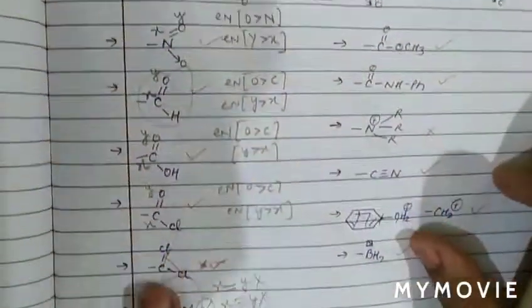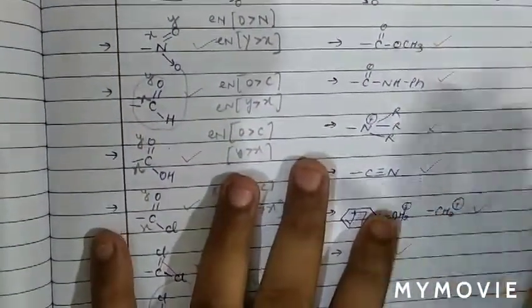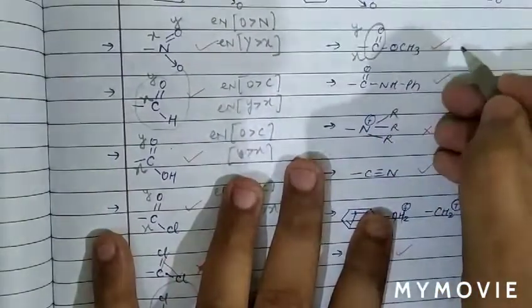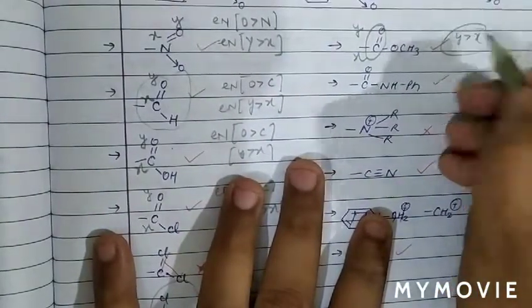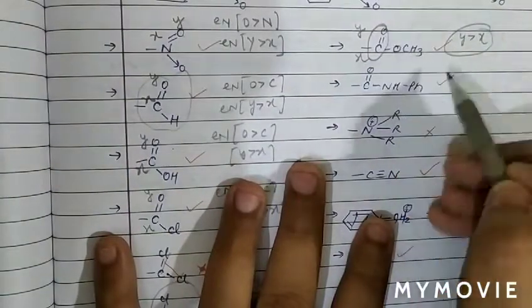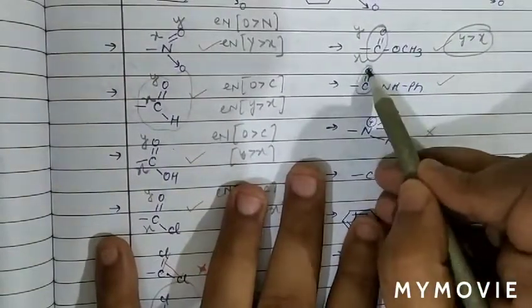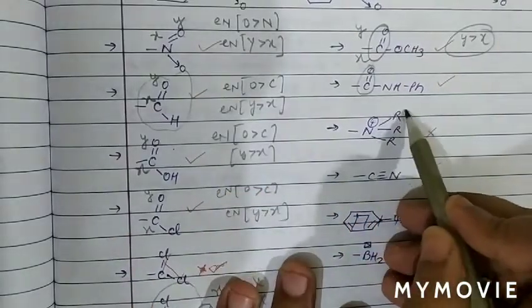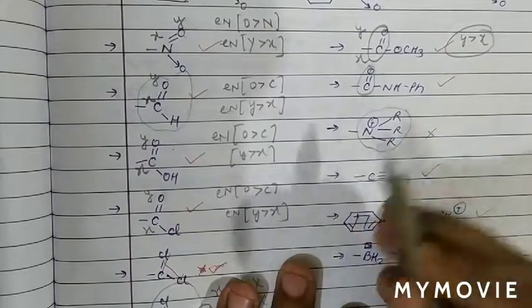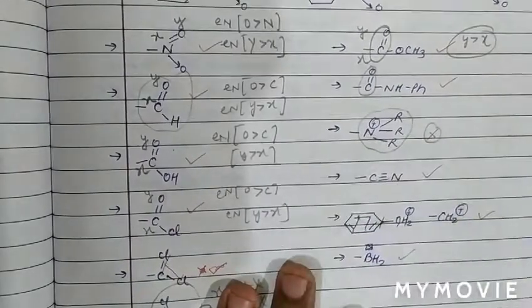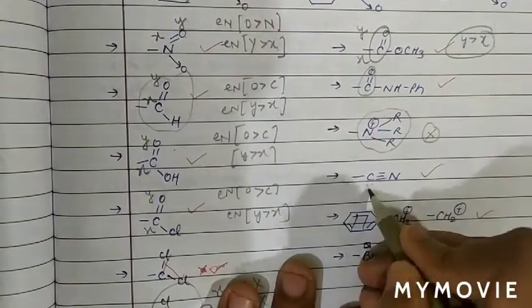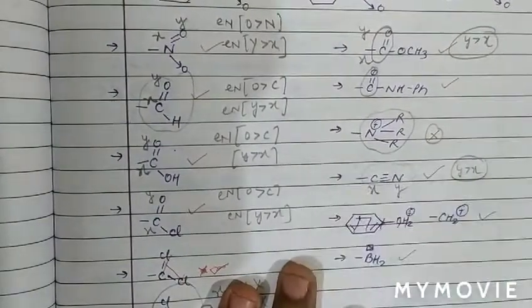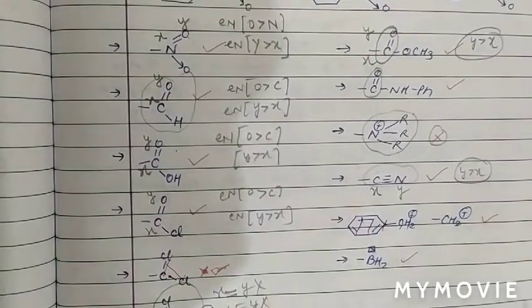Now see the next. Next we can see there is C double bond O. Again X and Y, and the electronegativity of Y is more than X. Therefore this is minus M. Now see C double bond O again XY. Electronegativity of Y more than X. So it is also minus M. Now see, there is no double bond or triple bond or vacant orbital, so it will not behave as minus M. Now see, C triple bond N, X, Y, and the electronegativity of Y more than X, so it also behaves as minus M. So this is the condition for a group to show minus M.